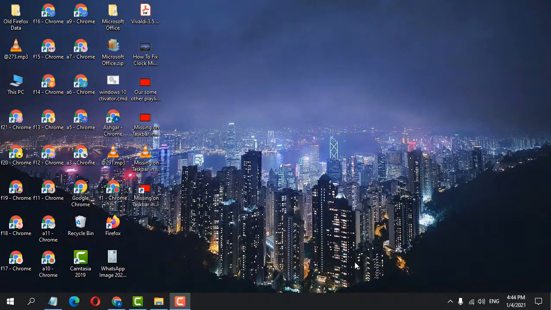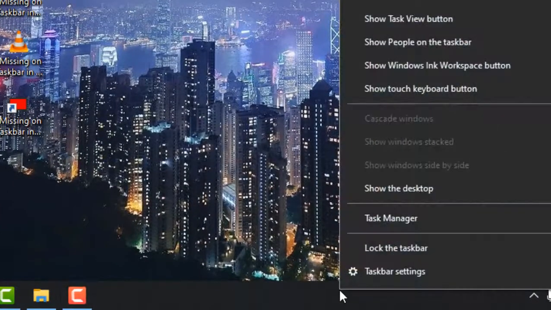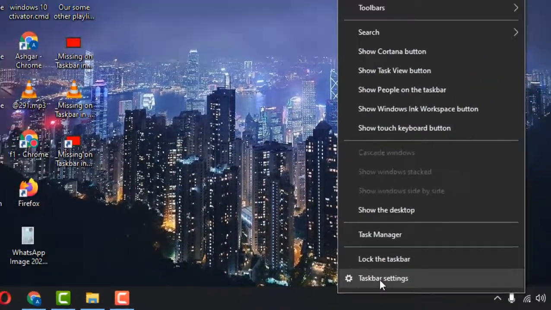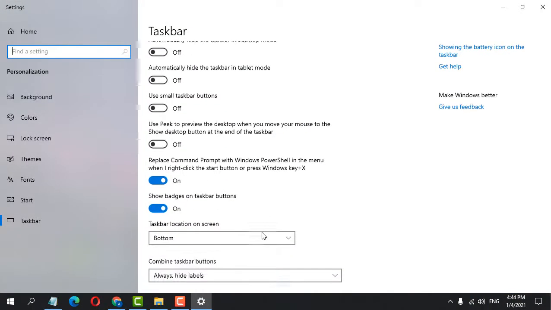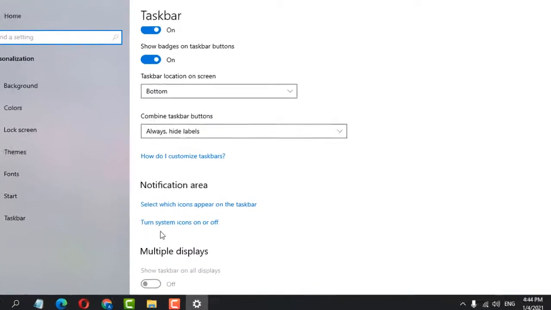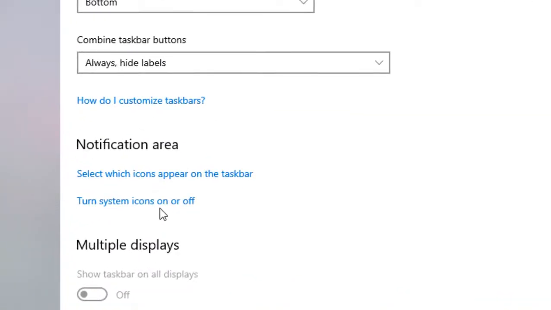Firstly, click on the taskbar area. After that, click on taskbar settings, and now scroll down. Here is the option "Turn system icons on or off." So click on "Turn system icons on or off,"